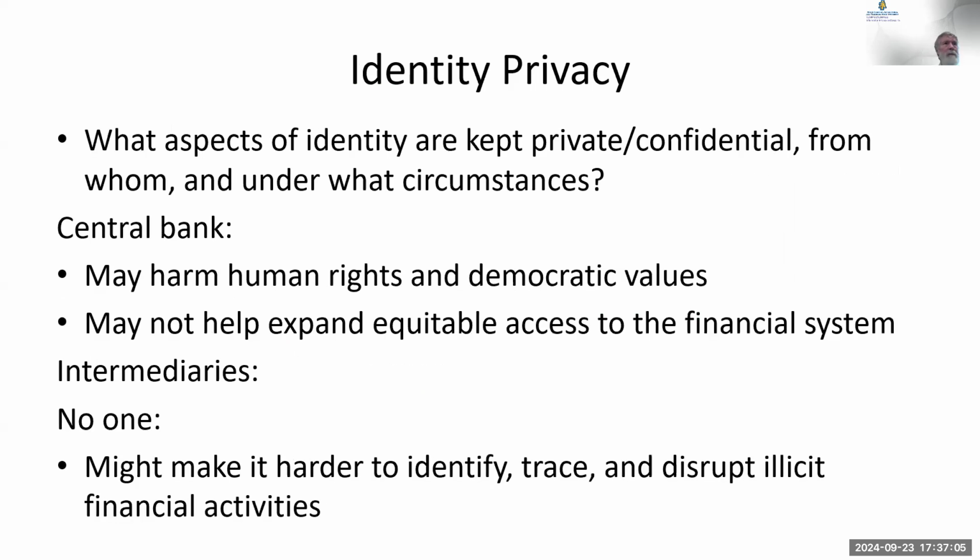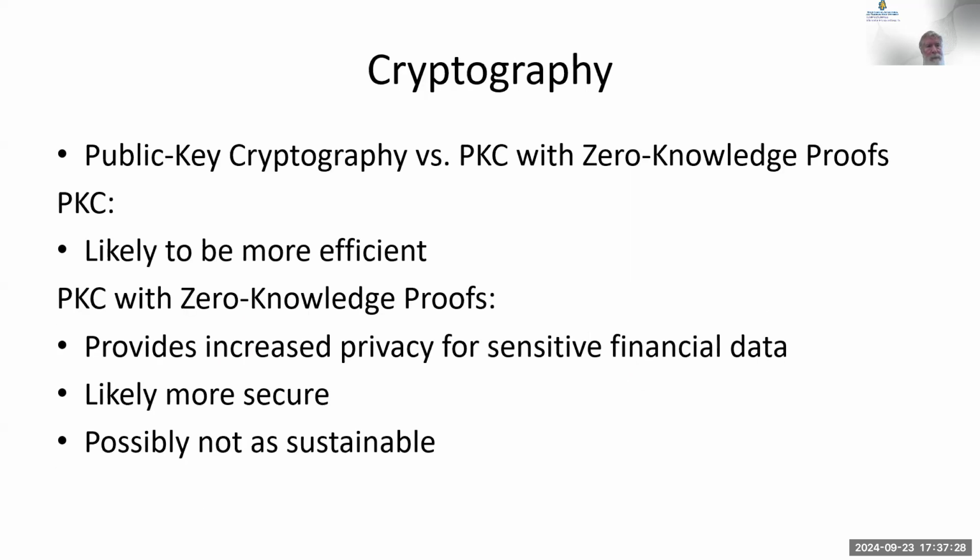Privacy. Well, you're going to keep identity private. If we do that, we might have to keep it all private. Then it might be worse than Bitcoin for use in illegitimate purposes. Of course, if you allow everybody to see, it might be bad because people want to follow it. You might lose a lot of privacy. Cryptography. How are we going to do cryptography?